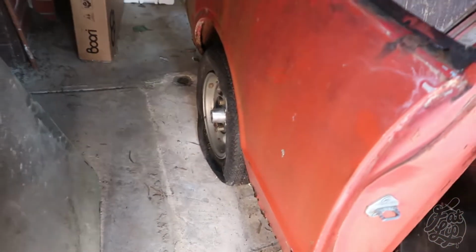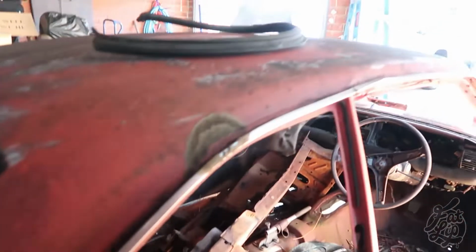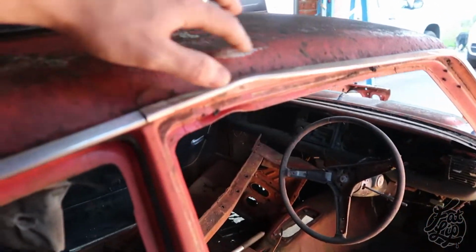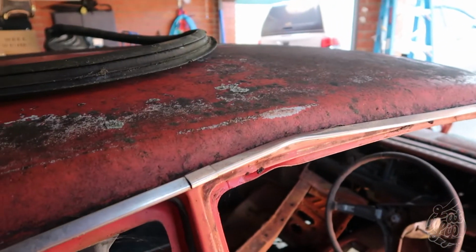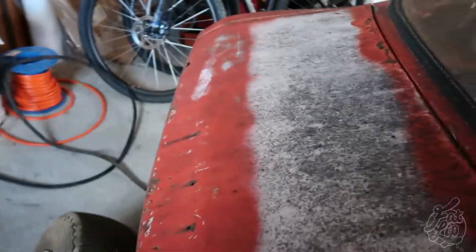But the panels on the side are pretty good. A bit of rust down the bottom there, but no damage really along the sides. They don't look kinked or anything like that. Unfortunately, it looks like they've lifted the car with a strap over the roof, so there's that kink on both sides. And then coming around the back of the car,